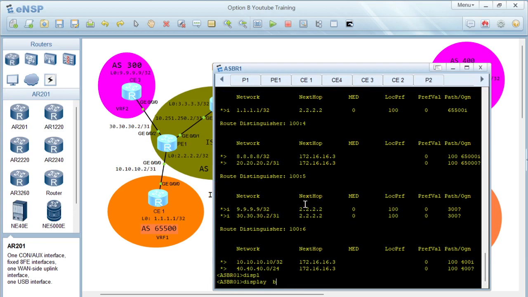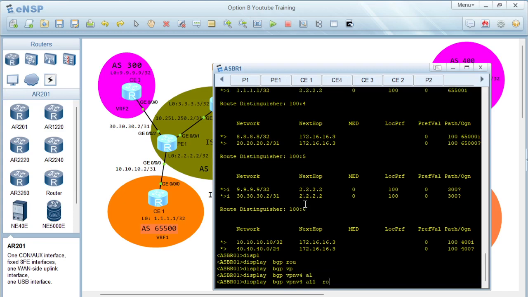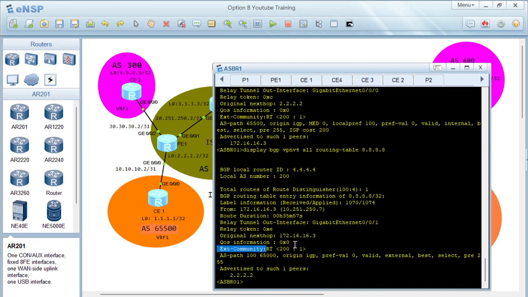And if I display BGP VPN v4 all routing table 1.1.1.1, you can see that this route has come in with an external community RT of 200:1. If I check 8.8.8.8, it still has the same route target. So the SBR has accepted these routes without checking their route targets, because we have disabled the route target filtering